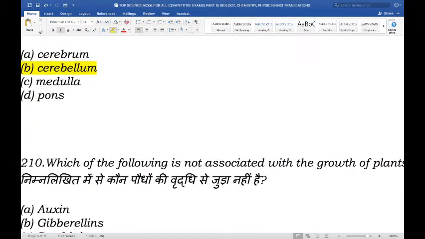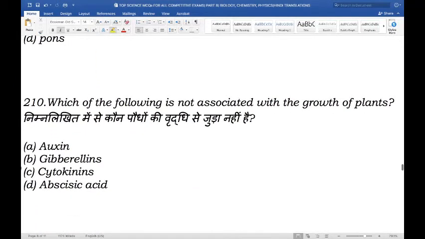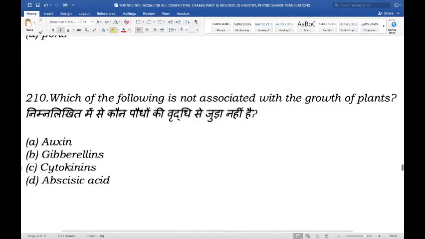Moving on to the next question. Which of the following is not associated with the growth of plants? Is it A, auxin, B, gibberellins, C, cytokinin, or D, abscisic acid? So which of the following is not associated with the growth of plant? And the right answer here is